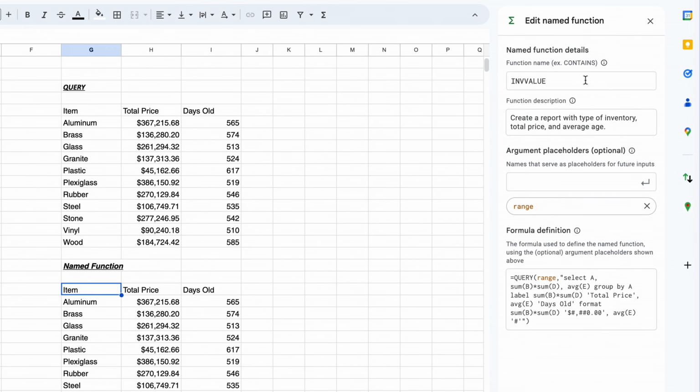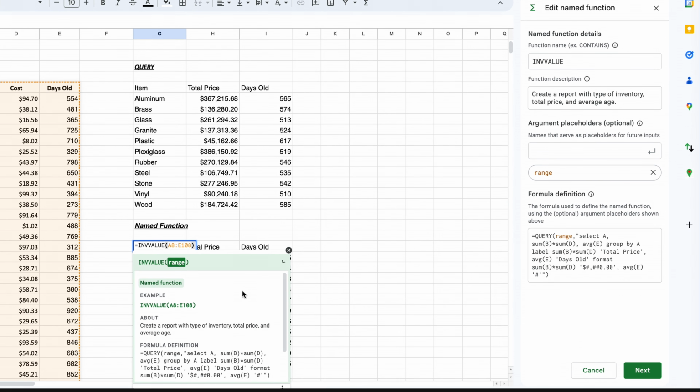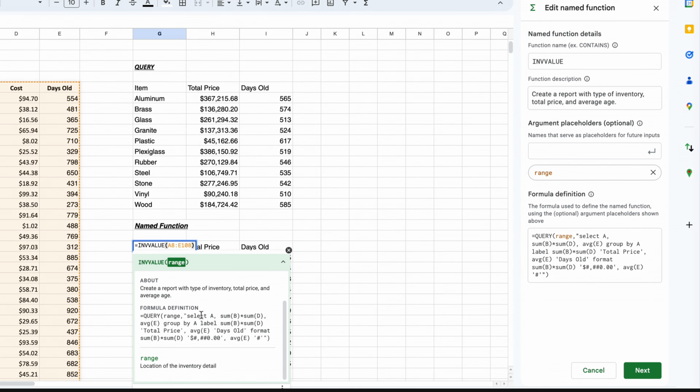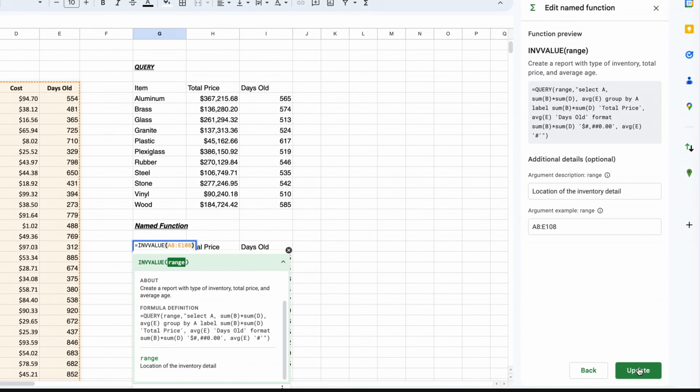So if I hit edit, you give it a unique name, you give it a description. So when I go into the function here and I double click, the description is what you see when you drop down this box, right? So you make it function like any of the built-in functions. So what I type for description comes here in the about, and then you define the formula and that comes up here. So if I click next on the sidebar,